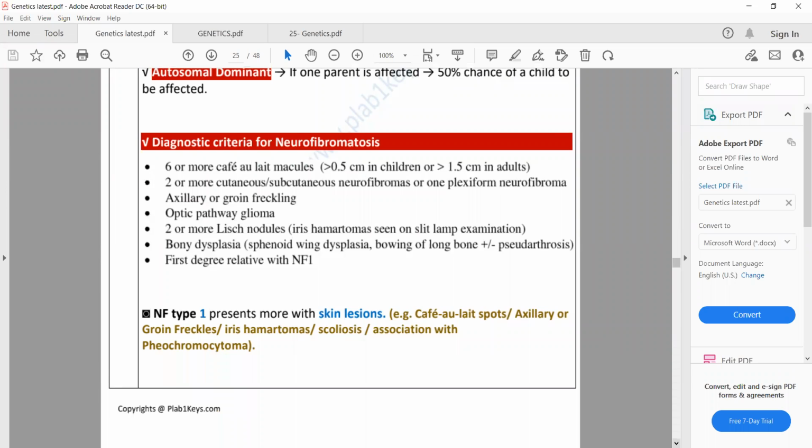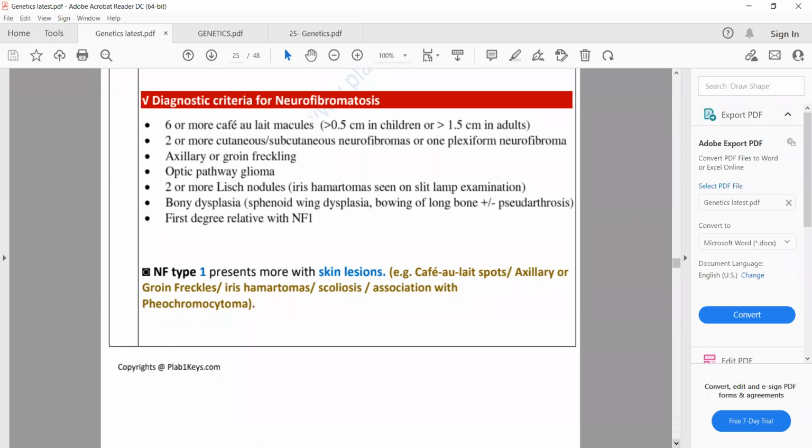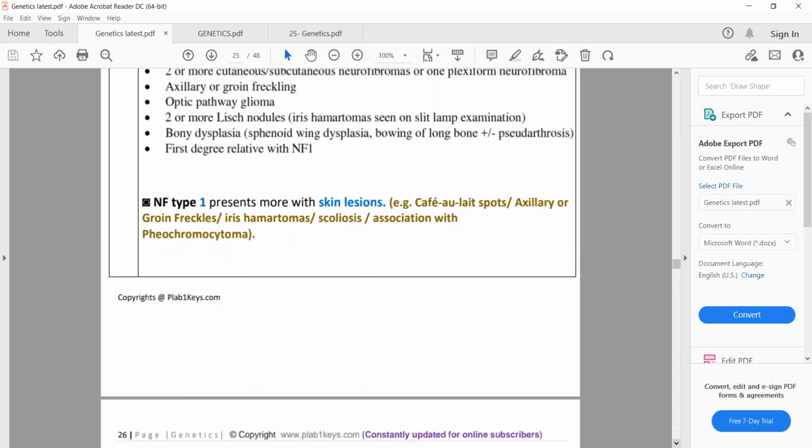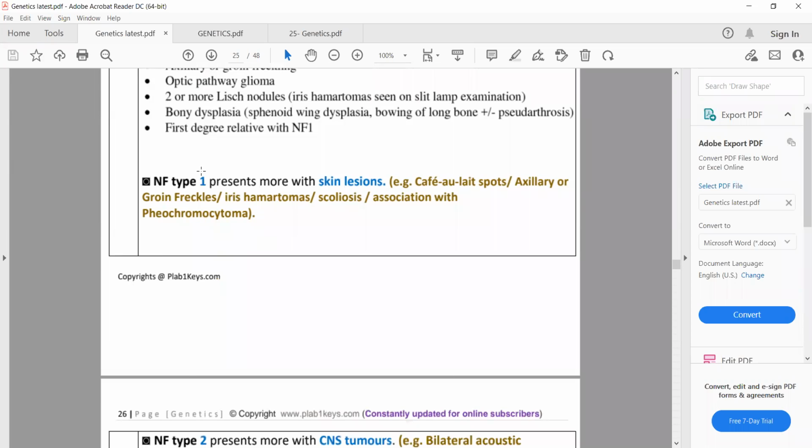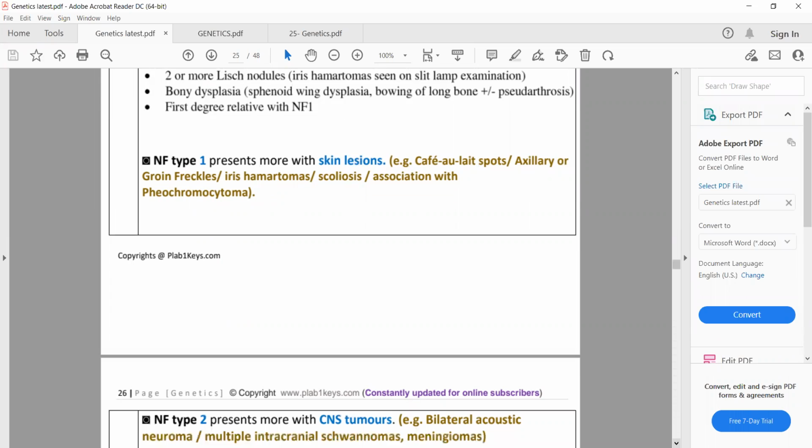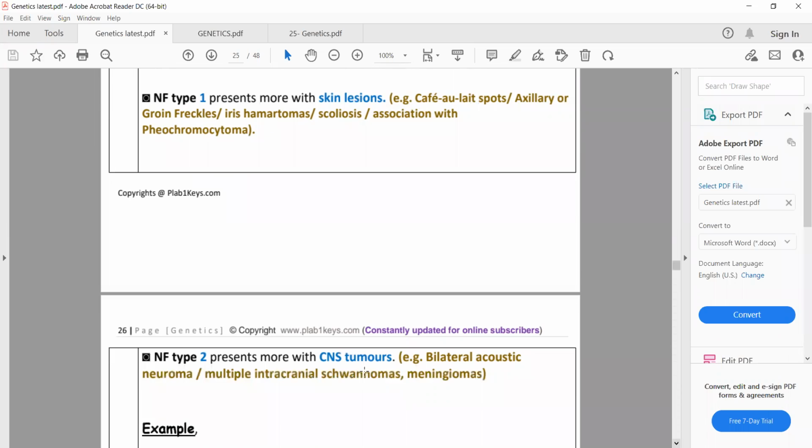There are two types of neurofibromatosis. One is type 1 neurofibromatosis. Type 1 neurofibromatosis presents more with skin lesions, such as cafe-au-lait spots, axillary or groin freckling, scoliosis, and is associated with pheochromocytoma. While neurofibromatosis type 2 presents with CNS tumors, such as bilateral acoustic neuroma, multiple intracranial schwannoma, and